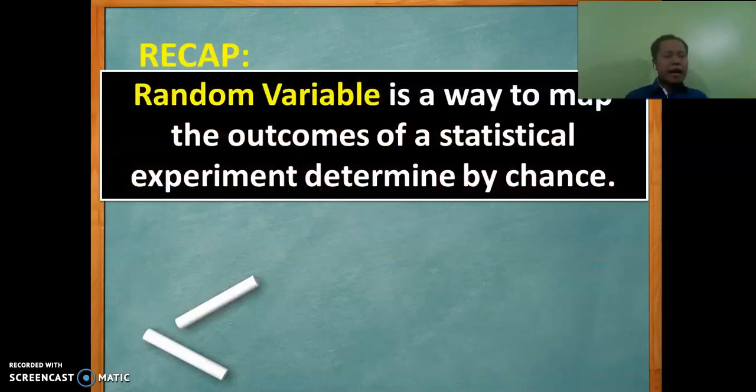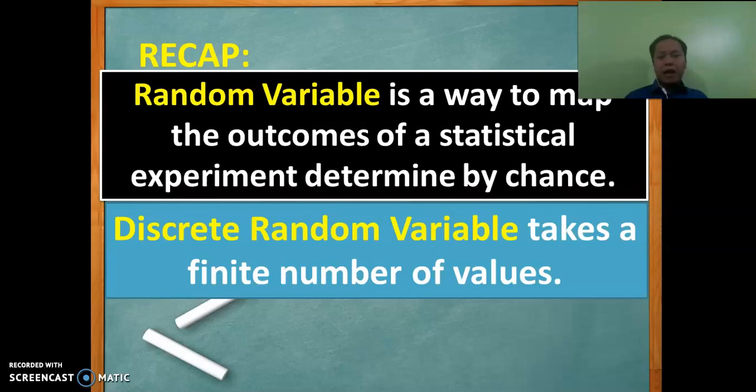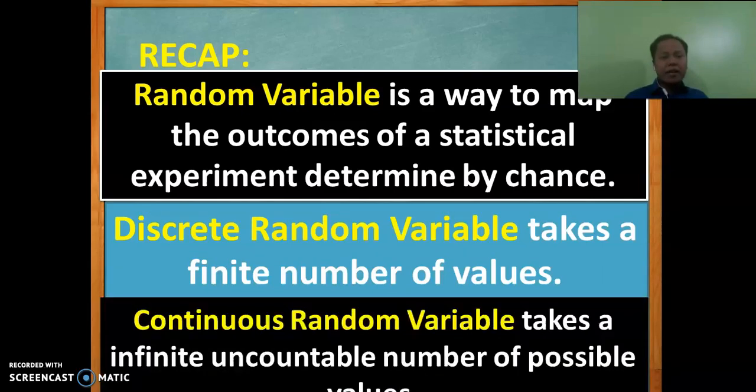So as a recap, random variable is a way to map the outcomes of a statistical experiment determined by chance. There are 2 types of random variable. The first one is discrete random variable. It takes a finite number of values, while continuous random variable takes